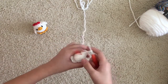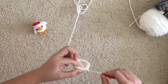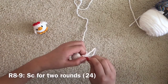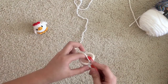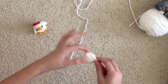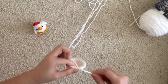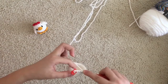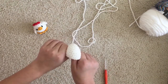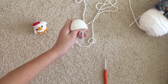So now I'm just going to take my stitch marker out and then single crochet into the next stitch, put my stitch marker back in, and we're going to single crochet all around for 2 rounds until round 8. So I'm just going to meet you back there once I've single crocheted 2 rounds. Then 24. So now I have my chicken, and now we're going to start decreasing